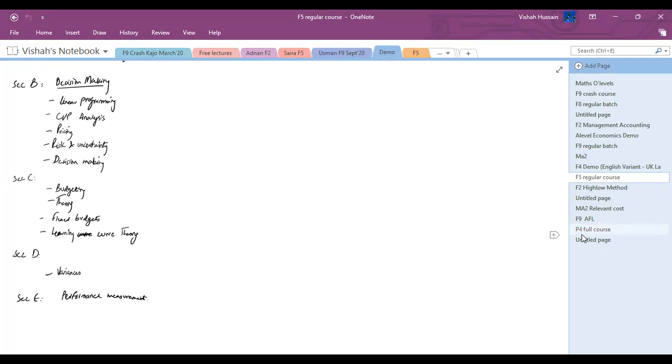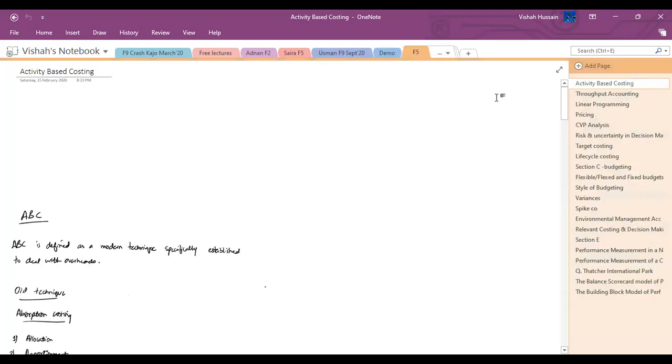Now there's another addition in our syllabus of F5, and that addition is related to the quantitative methods. Previously, this was a part of F2. Now they have extended it to F5 as well. F2 is the management accounting paper. They have now extended it to F5 as well. And we are going to be looking at that as well in great detail. However,